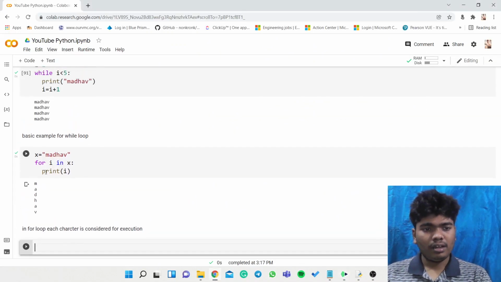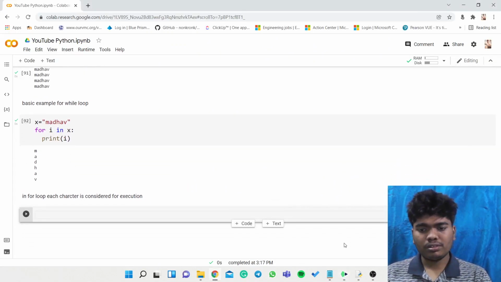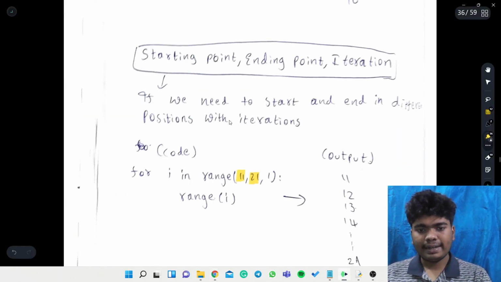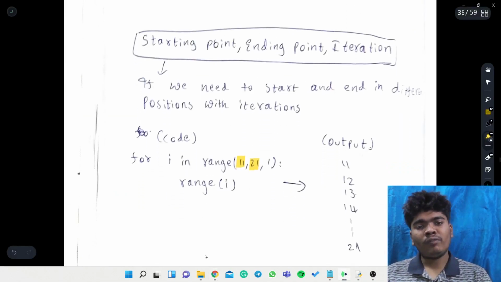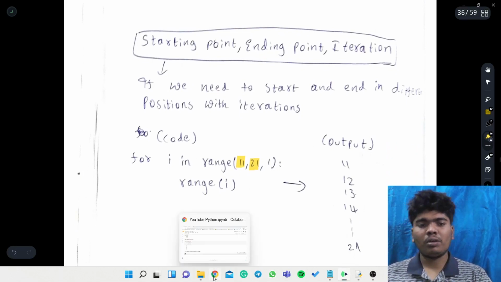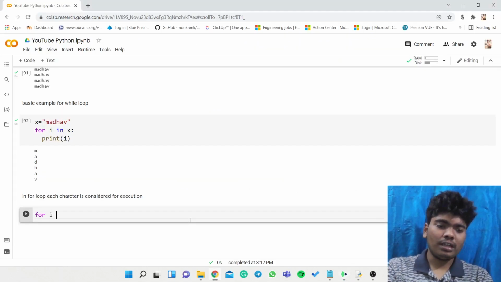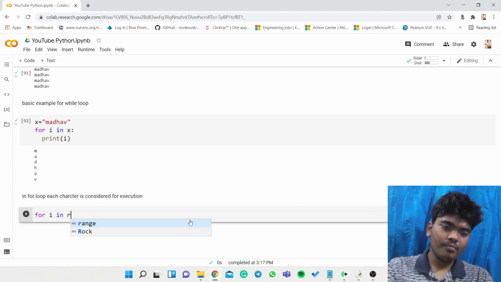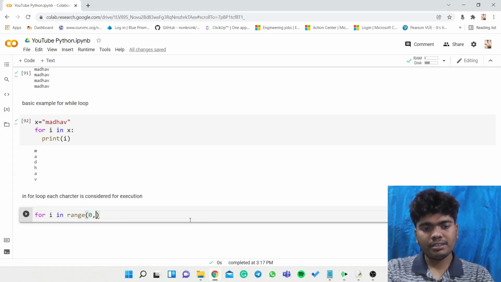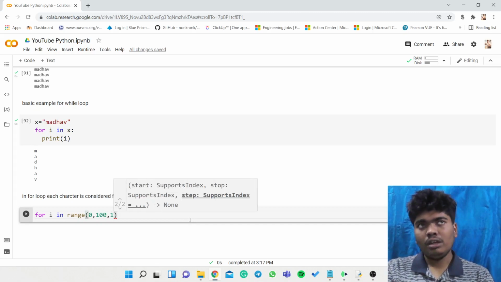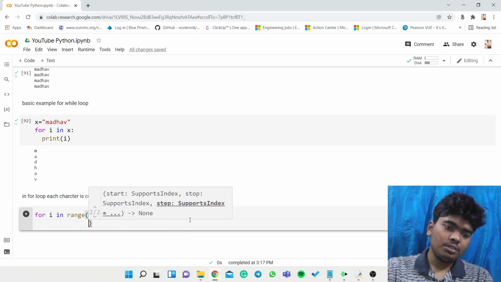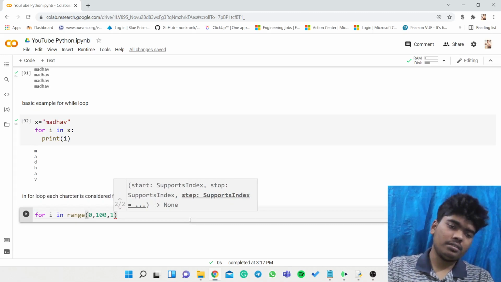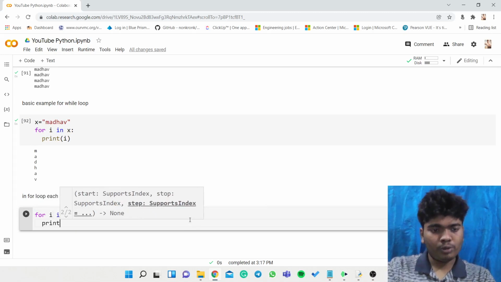In this for loop there is one more thing. We will look at this iteration. Along with the for loop we will involve the combination of the for loop with range. For I in range of 0, where 0 is its initial starting point, from 0 to 100 with an iteration of 1 each. So 0 plus 1 is 1, 1 plus 1 is 2, 2 plus 1 is 3, 3 plus 1 is 4, till 100. Now I am going to print I.